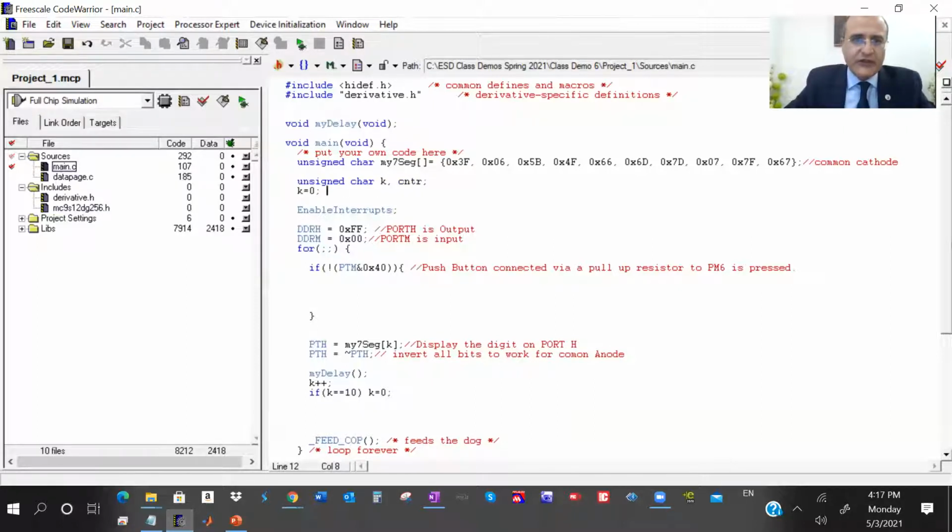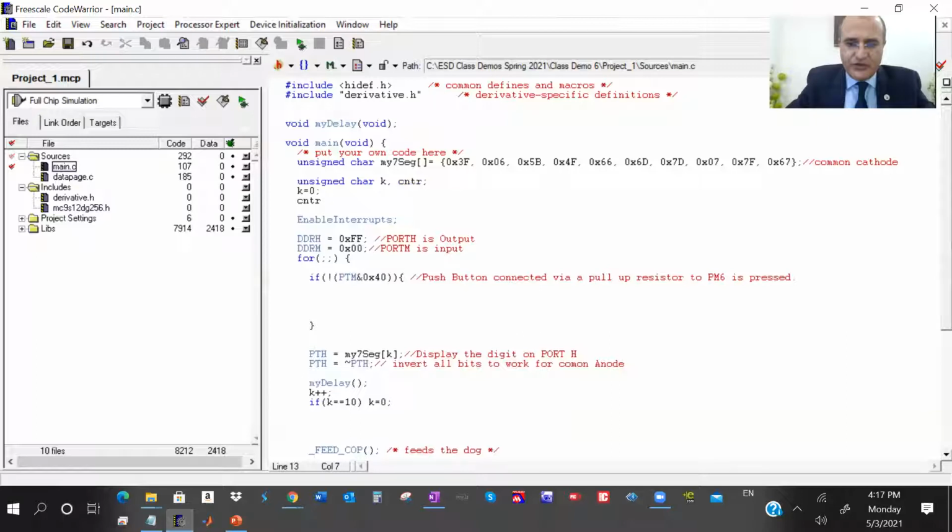And counter is initially 0. So if this, okay, if this, go blink port H, blink it 10 times,